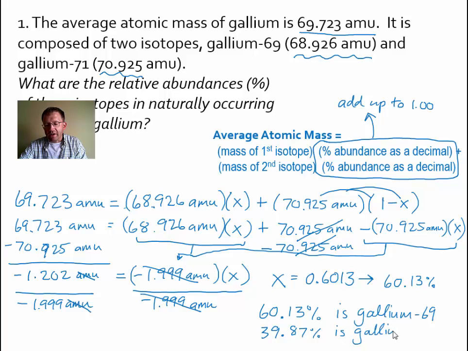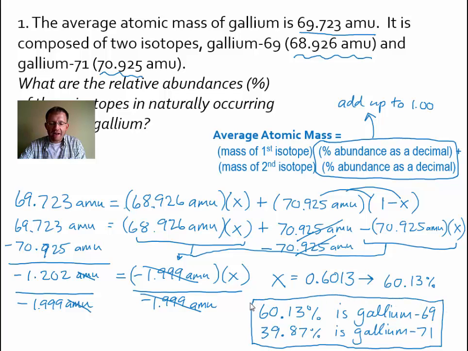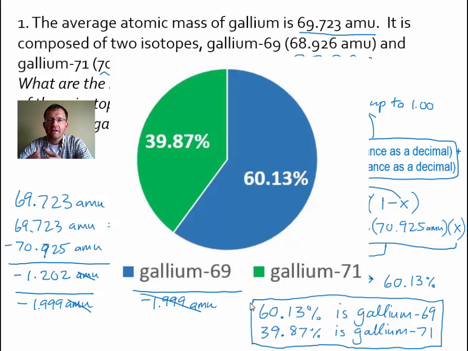Notice it's not 50-50. When there are two isotopes, it's really never 50-50. It's sort of by chance, the way that atoms assembled, back when atoms assembled, and when the elements formed from the dust of stellar evolution and planetary evolution and all the stuff in the cosmos that you need to study about in a physics and astronomy class. But when they assemble, they do so very randomly. And so in the end, 60.13% of the galliums assembled up as gallium-69, and the rest, 39.87%, came together as